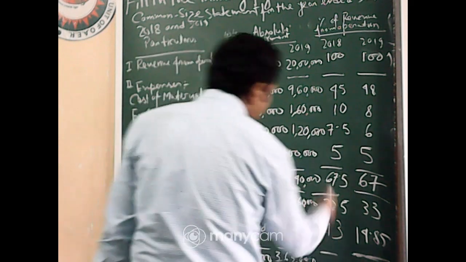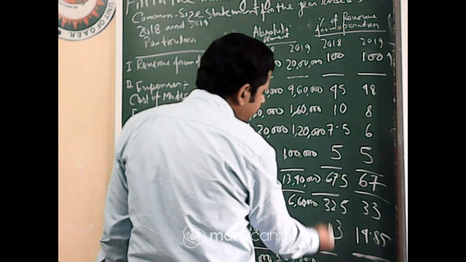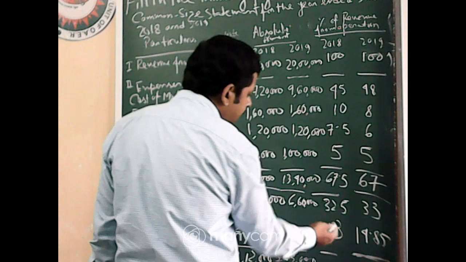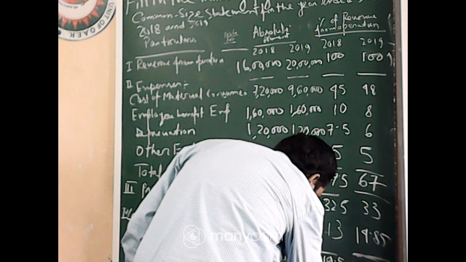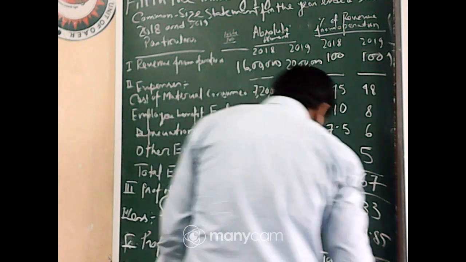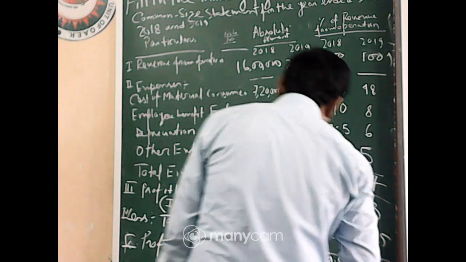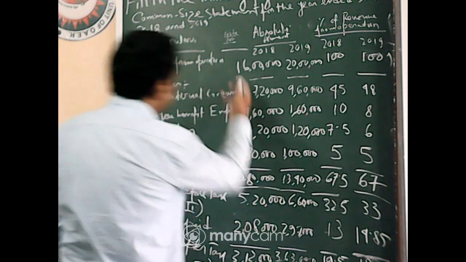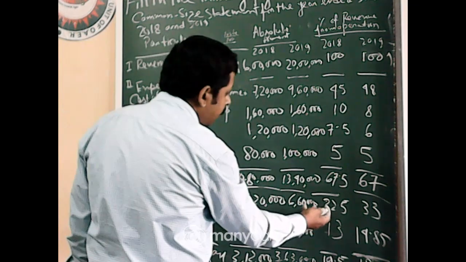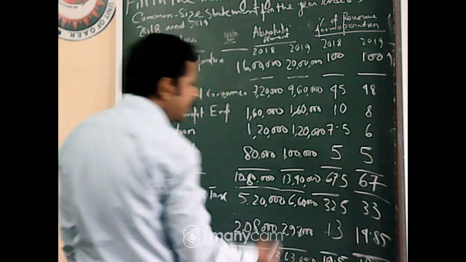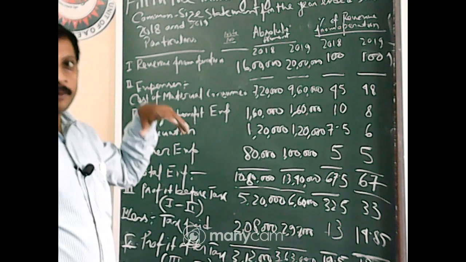And here also you do not need the percentage from revenue from operation. You just do the vertical calculation, that is 32.5 minus 13. What will come? That is 19.5. And again this is 18.5. You may calculate 3,12,000 divided by 16 lakh into 100, the same figure will come. You can deduct from your profit, and whatever percentage, it will be the same. So these are the missing figure questions that sometimes come in your